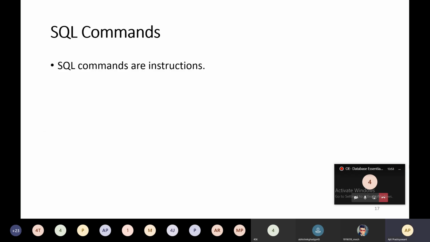So what are SQL commands? Basically, SQL commands are instructions given to the database to do something.